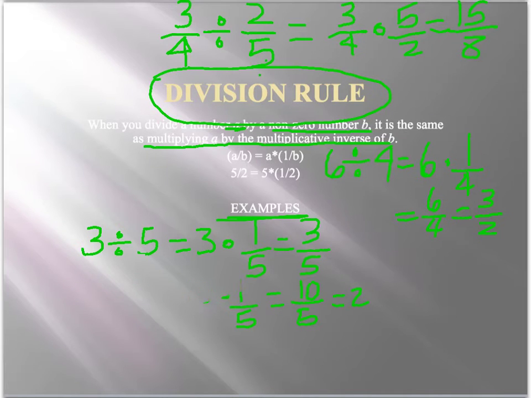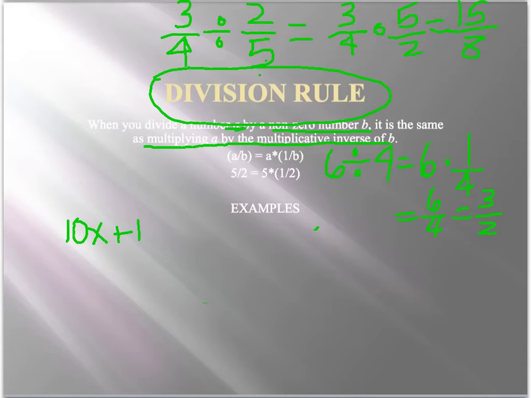Just going to erase here. And I'm going to throw in some variables because it's true that algebra is all about the variables. So let's see here. What if I was doing like 10x plus 15